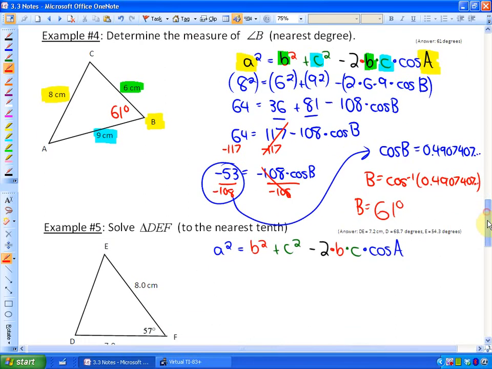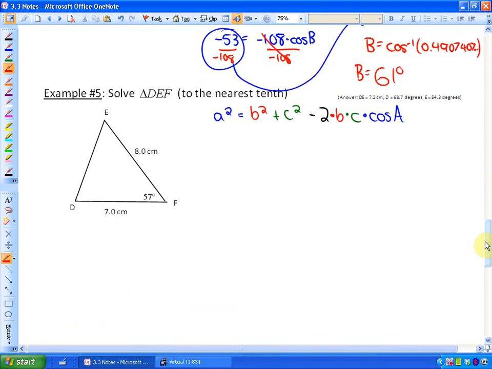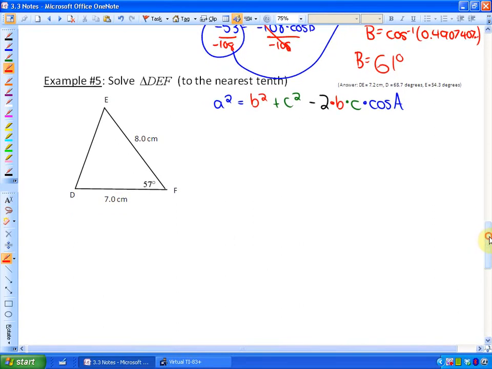In our last example, it says solve the triangle DEF to the nearest tenth, which is kind of a combination of everything we've been learning so far in this chapter. We need to solve for all of the unknown sides and angles. So in this case, we need to find out what these two angles are and what this side length is. In this particular case, we cannot use the sine law initially because in order to use the sine law, you need to know an angle and its opposite side,